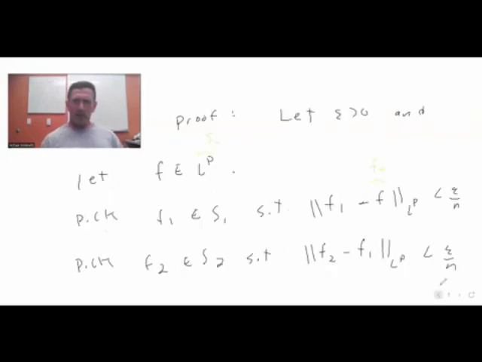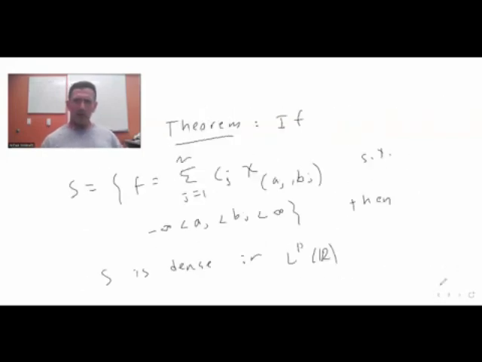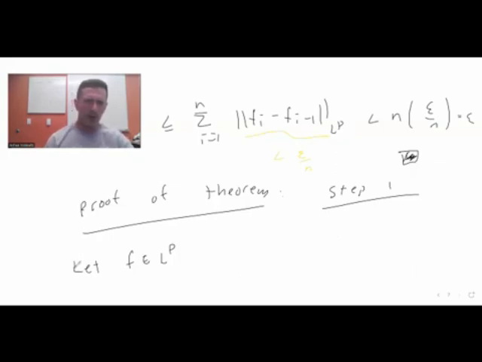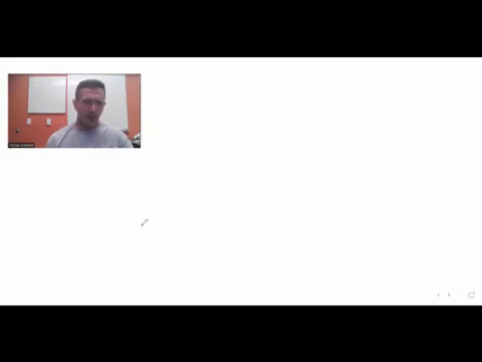Okay, so the proof of this theorem. Let's say F is in LP. So let's do step 1. Basically, I'm going to use the lemma with n equals 3, actually. That's really all we need. Okay, so if Fn is this characteristic function,